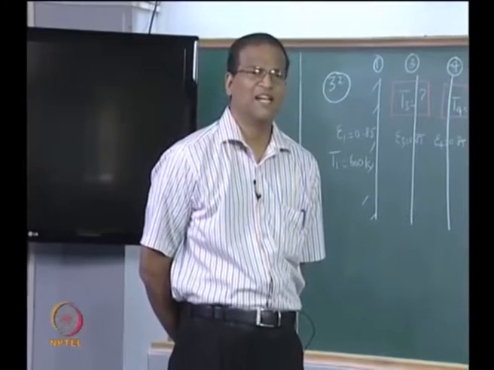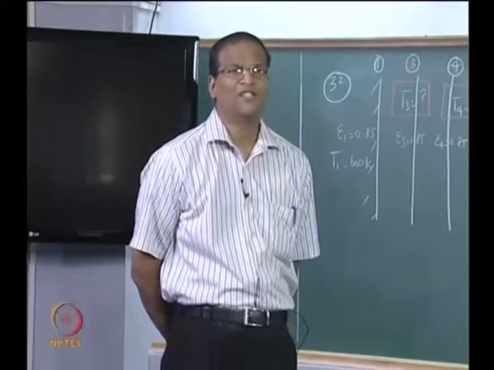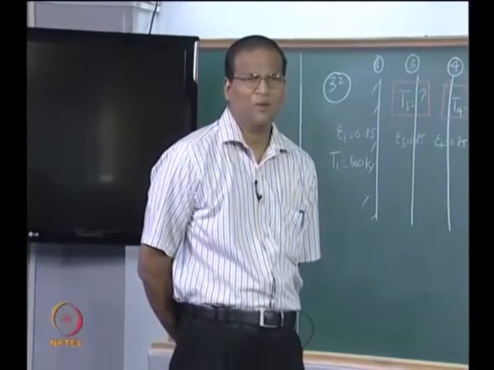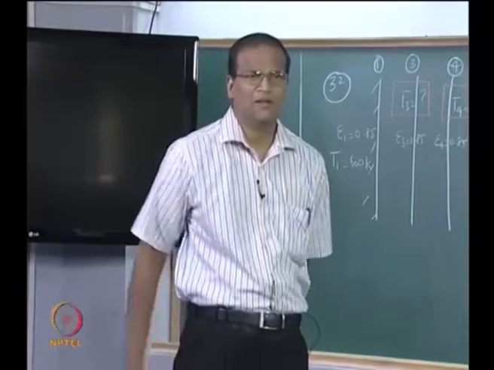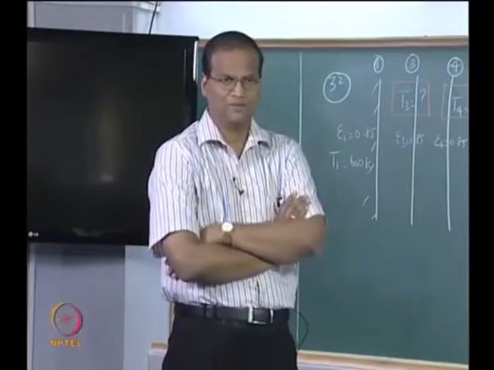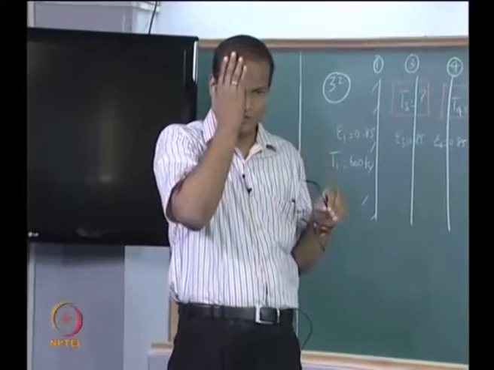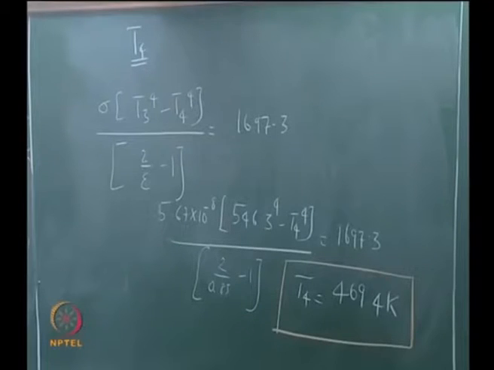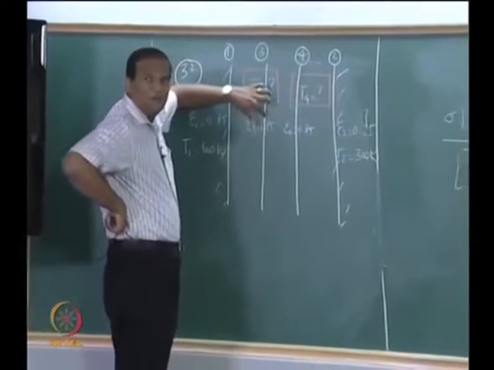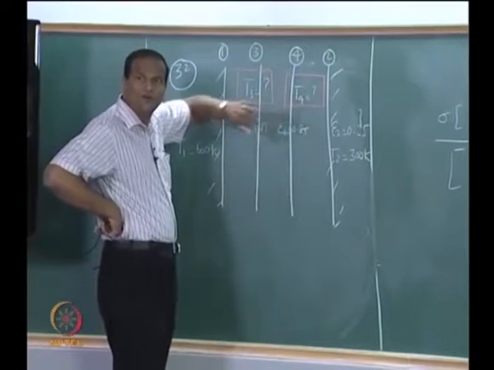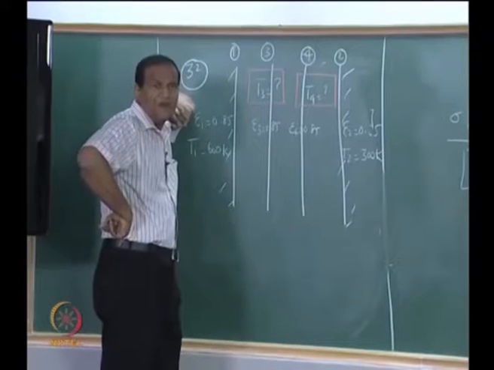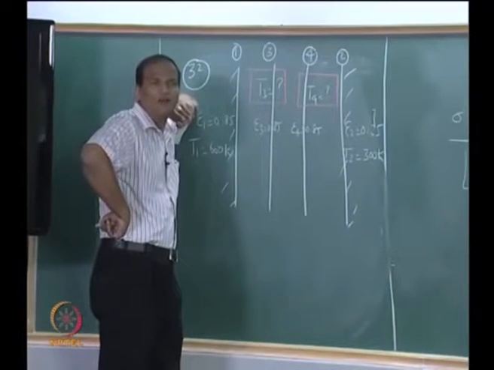What he is saying is that it is some sort of an equilibrium temperature, which is mostly determined by the other two temperatures. So even if the emissivity is something else, finally it will remain the temperature. I agree with what you are saying, but if epsilon 31 is different from epsilon 32, and epsilon 43 is different from epsilon 42, and each of these is different from epsilon 1 and epsilon 2, then we are in trouble.